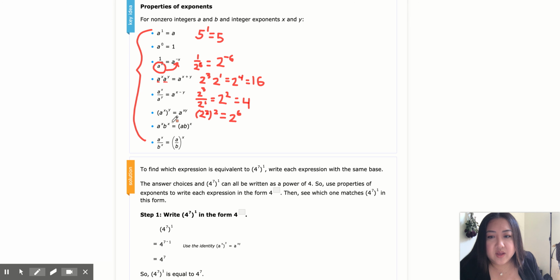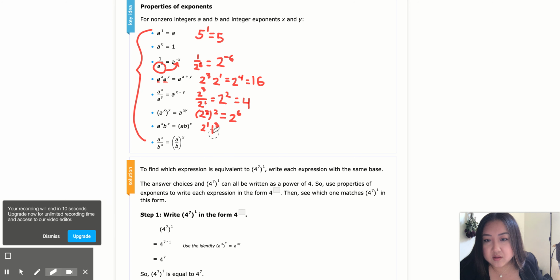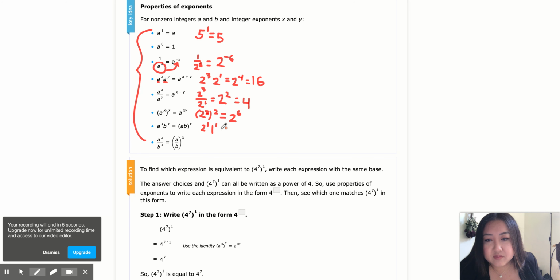Let's say that we have the same exponents, but for some reason it's actually different bases. Well, if that's the case, then you can write it as just the two bases multiplied by each other, and then you can bring it to the exponent. If you don't want to do that, let's say we have 2 to the 1st power and then 1 to the 1st power. This video is going to be long. You can just do, 2 to the 1st power is 2, 1 to the